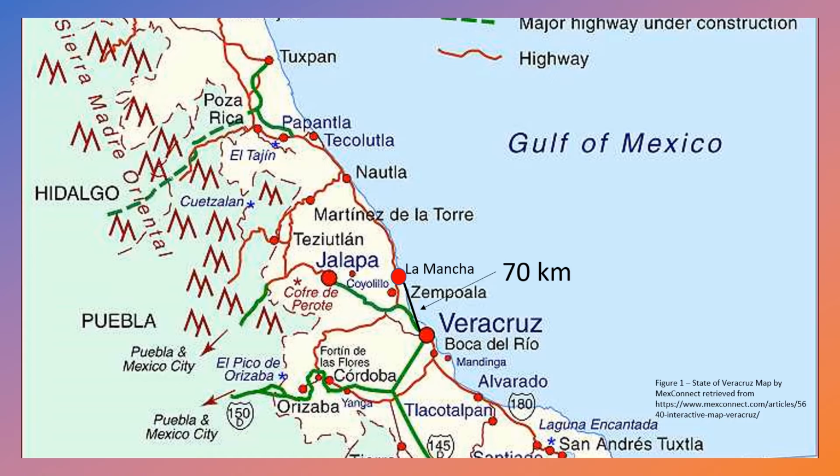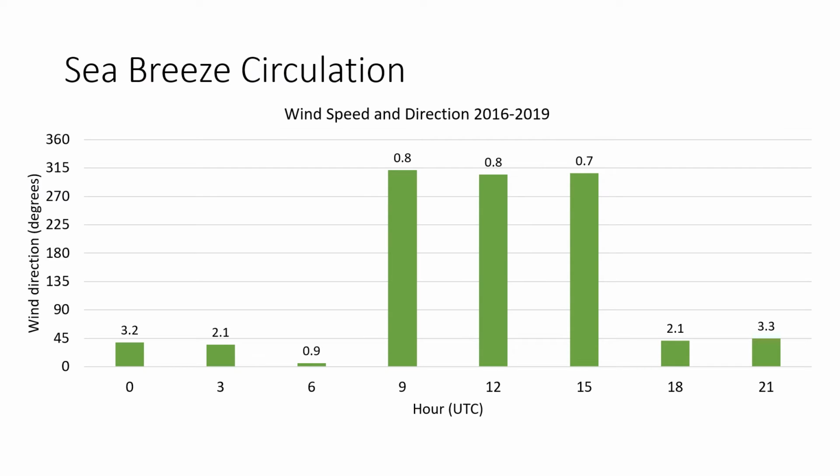I have hourly observations every 3 to 6 hours for 2016, 17, 18, and 19 that I used to conduct my analysis. One potential meteorological phenomenon we identified that could be contributing to the transport of local emission sources was